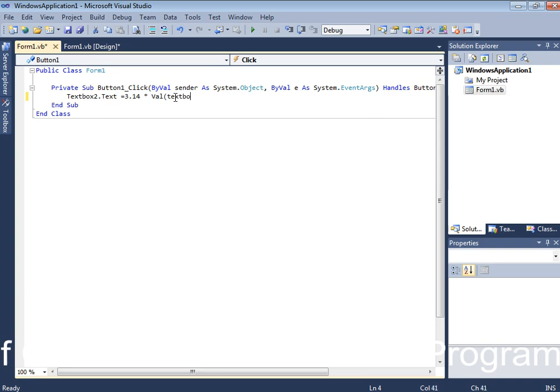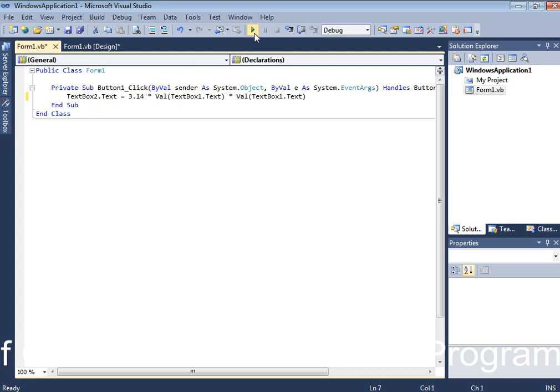In textbox1.text, multiplied by the value of textbox1.text. You have to write it 2 times because r into r means 2 times. So r into r is 3.14 into r into r. Okay, now our formula is converted into programming code.